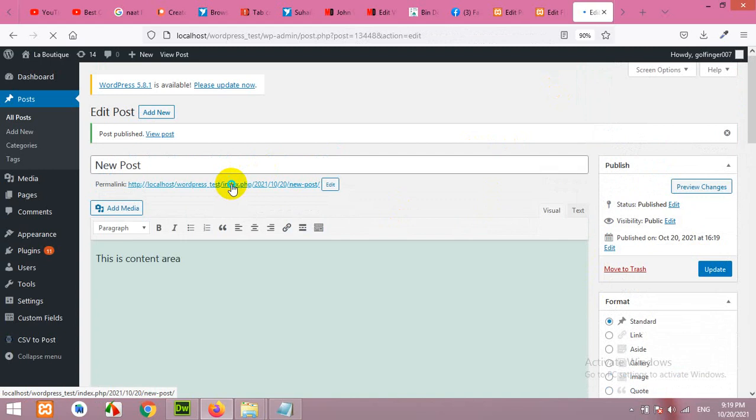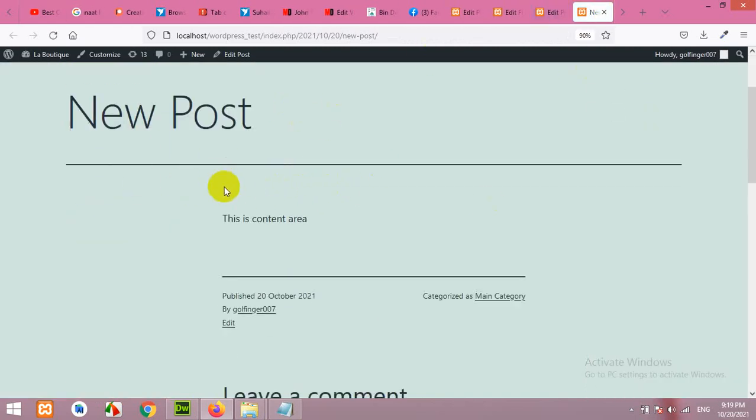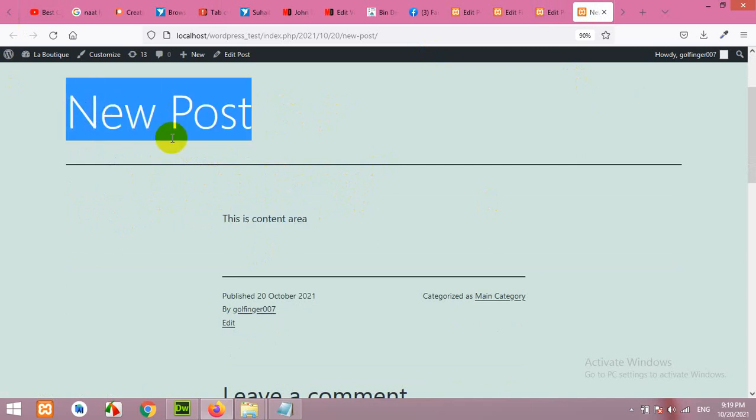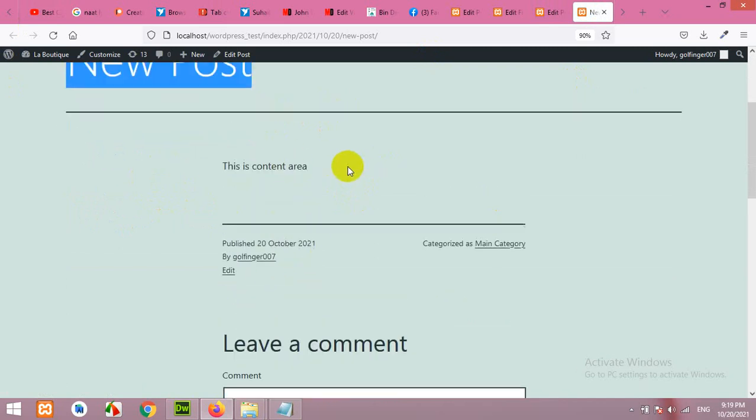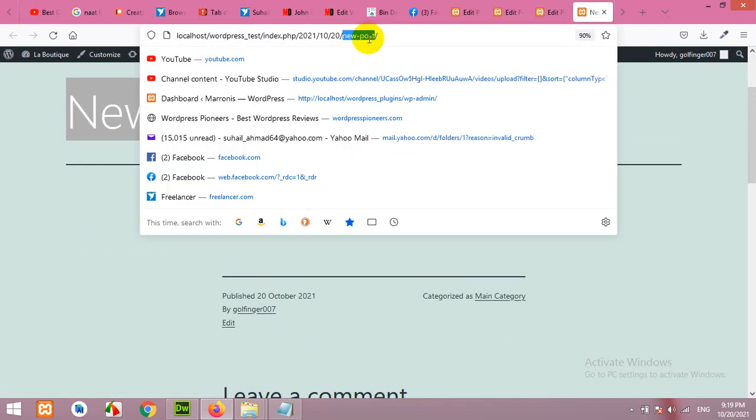Okay, now if you open this page in a new tab, then you can see that this is the content area, which is the description of this post, and this is the title for this post, but there is no image or no designation on this page. Now this is a normal post type.